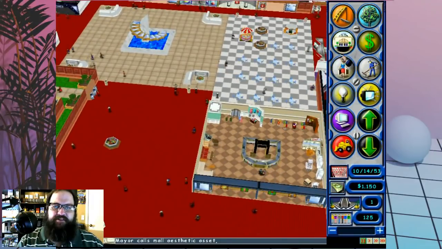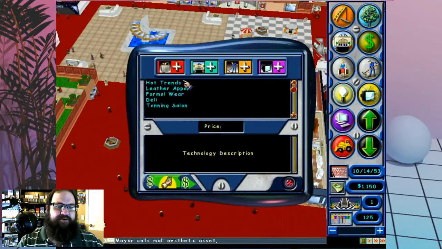Let's do some promotions, or what are we researching? We're not researching anything. I want to complete the store research tree because at some point, you're supposed to be able to build a computer game store, and we haven't been able to do that yet. It's grayed out, so...